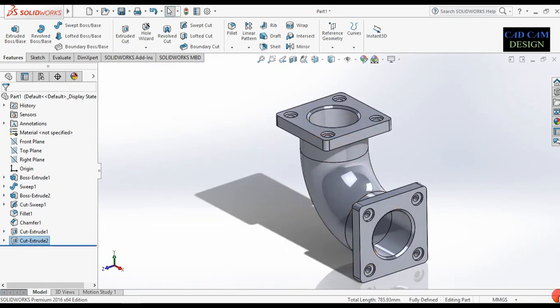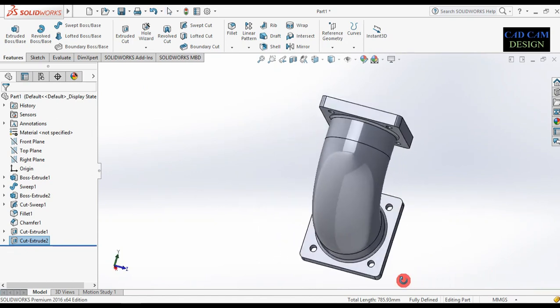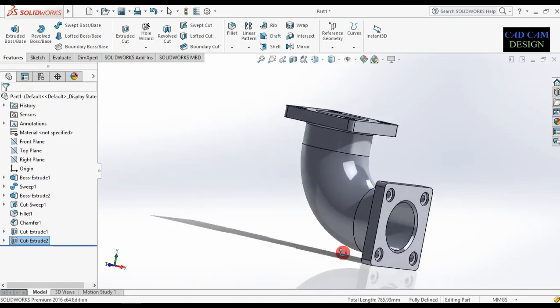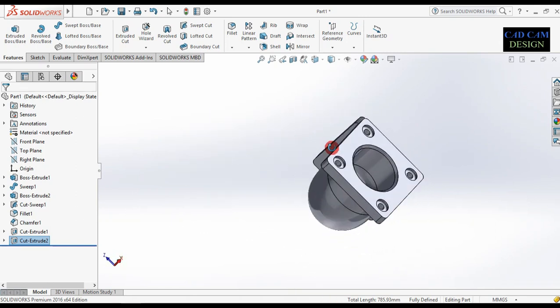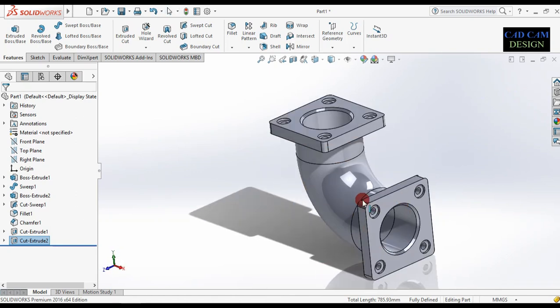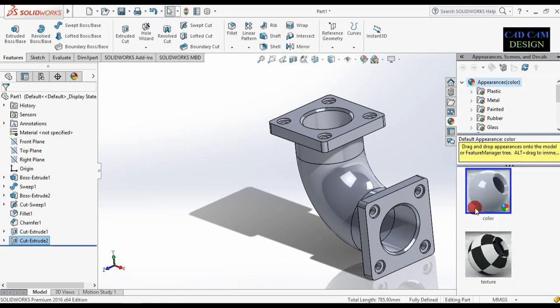Now show the preview of our today exercise, and we make appearance and apply appearance. Now go to this appearance and to different appearance.